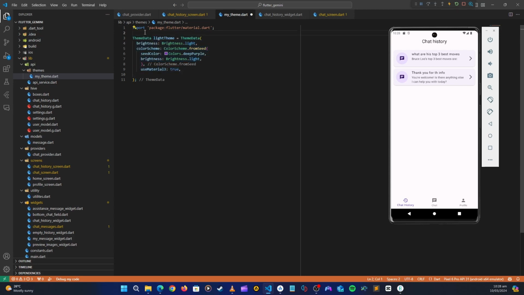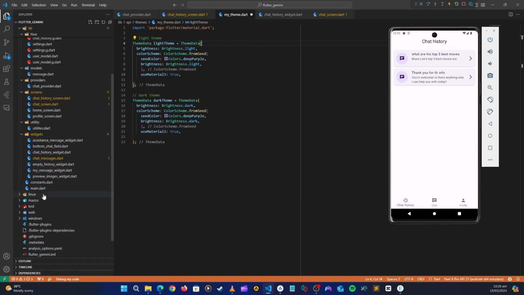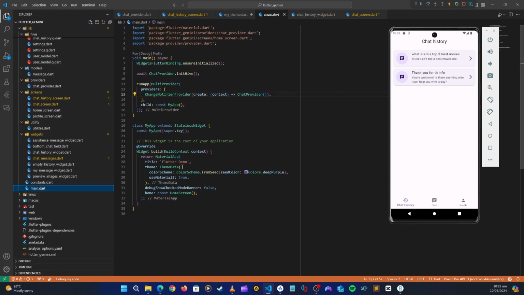Let's just give it a comment, a light theme, and then let's create a dark theme. So let's let the AI just copy that. It's just the opposite of that. The brightness is going to be dark, but the colors are going to be the same. So this is going to be our light theme, and this is going to be our dark theme. Now to test it out, we just simply need to go to the main.dart, and then here